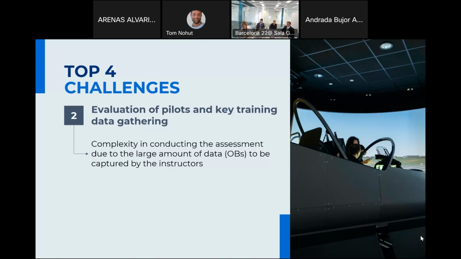And of course, we should be very careful here because there's a danger to take this sensitive human performance assessment towards a mathematical and automatic assessment, which should definitely be avoided. The decision making should remain in the hands of the instructor, but the solutions and the technology should help them to be able to capture the essential elements of